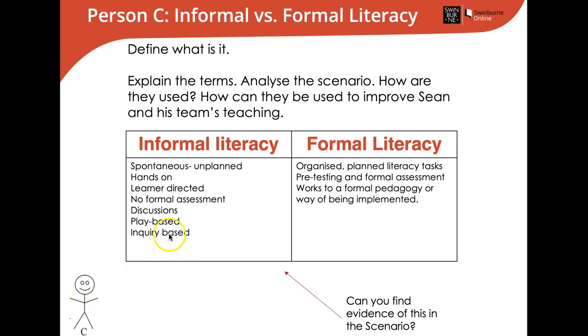So maybe you need to do a little bit of research into what a really excellent inquiry would look like and how it can support literacy. Maybe you suggest that things are hands-on and learner directed, and that there's an opportunity for lots of discussions. We will give you some more support around this when we come to the interactive collab, but remember, person C